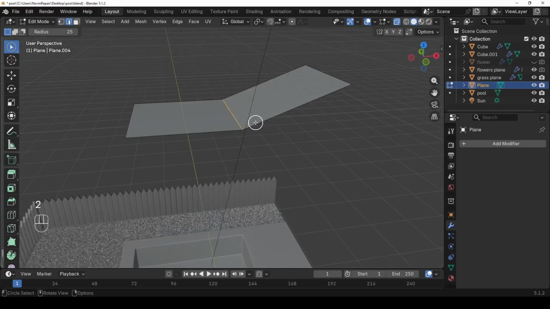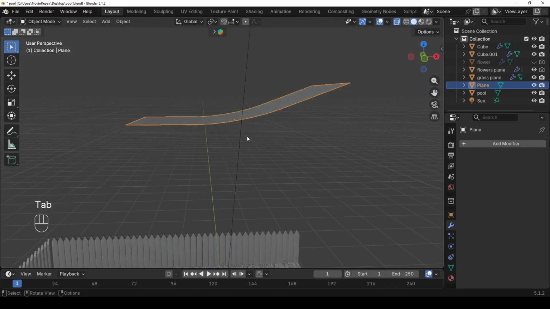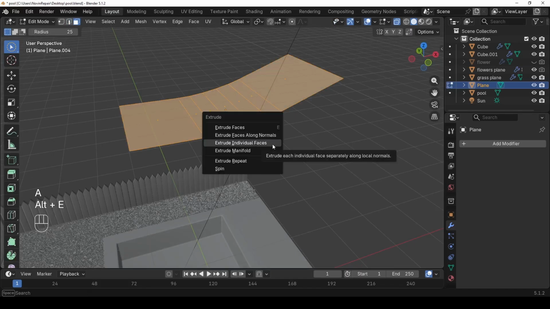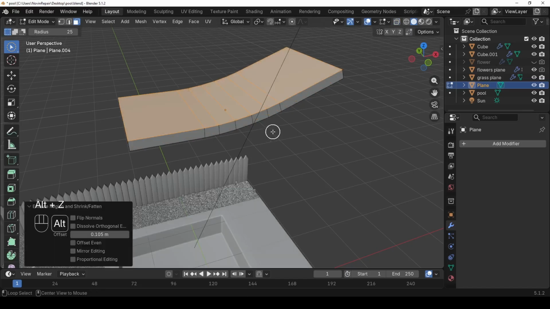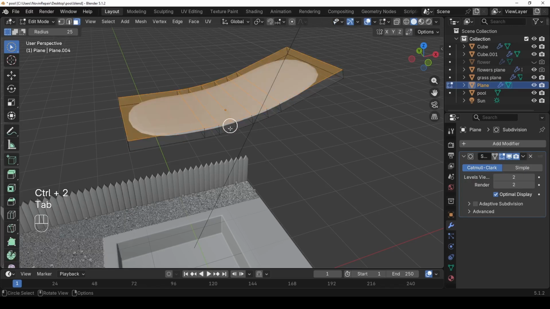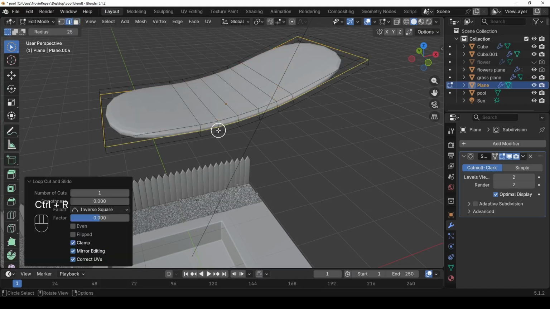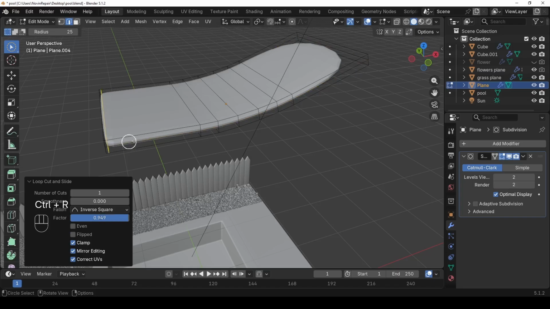Now let's select this edge and then Ctrl B to add a bevel like this, and then select all the faces and Alt E and extrude faces along normals. I can turn off the X-ray mode, and inside object mode Ctrl 2 to give it a subdivision surface modifier, and then Ctrl R to add a cut here and another one here,